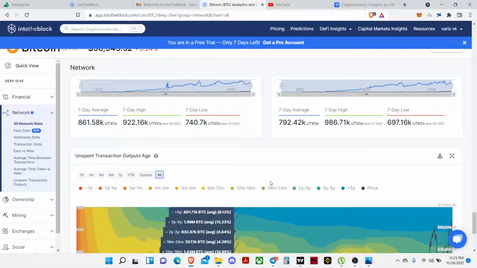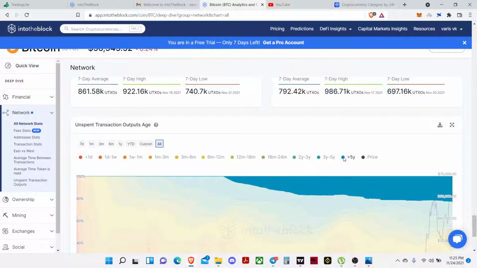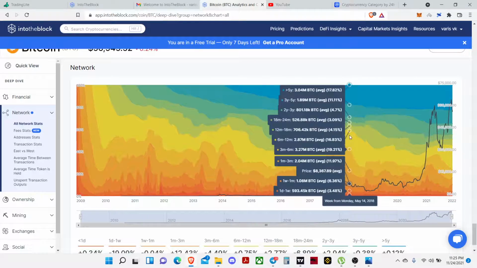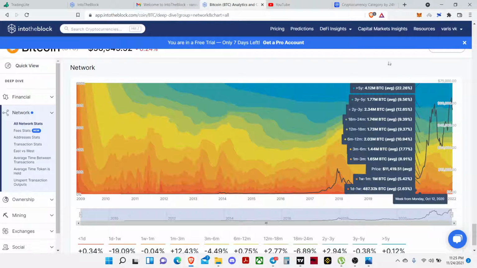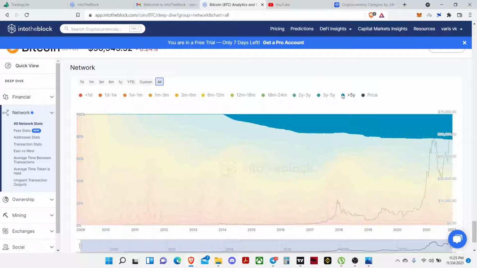What you can see here is the UTXO time frame. These blue addresses are the addresses that are older than 5 years, which means they are long-term holding addresses in the Bitcoin network. It could be a lot, because a lot of Bitcoin is lost right now, stuck inside hardware wallets or people forgetting the passwords of their wallets. Recently, we have seen in the news that a man forgot his password and lost millions of dollars